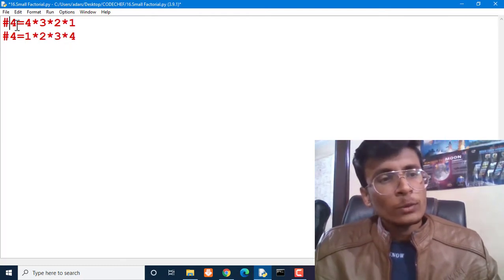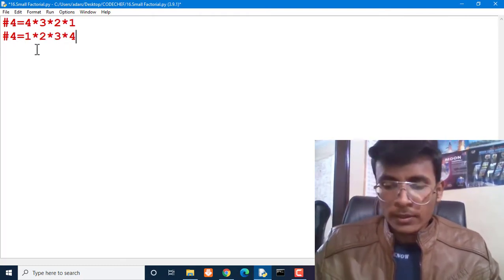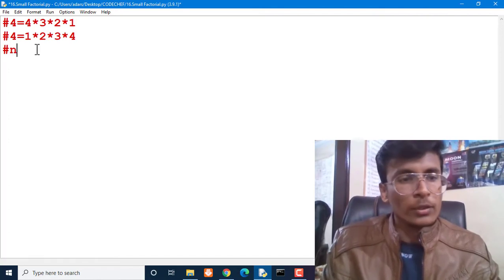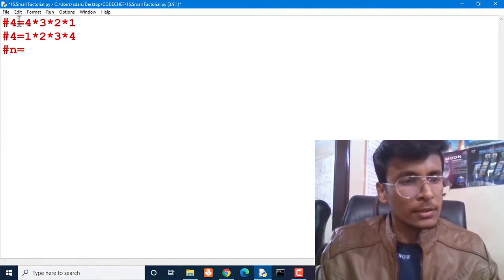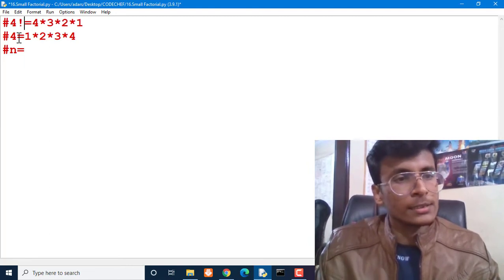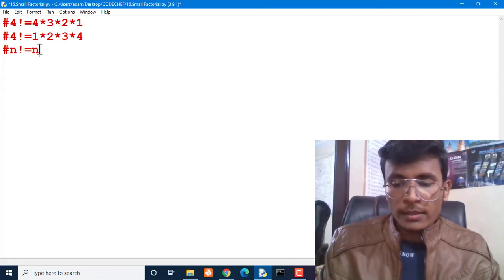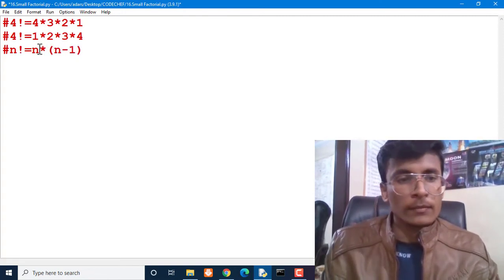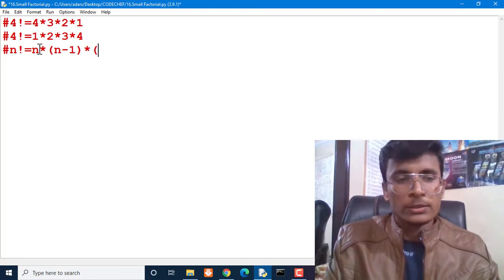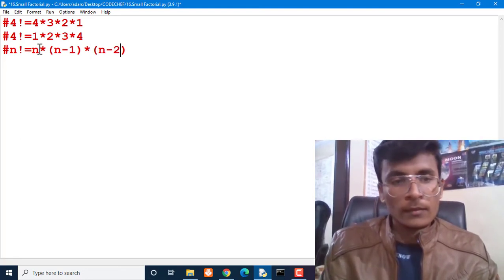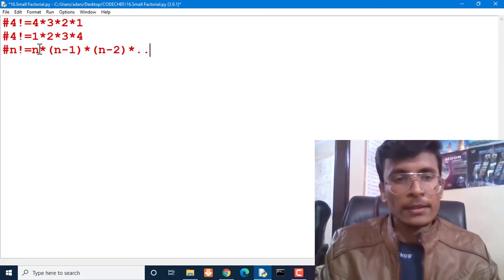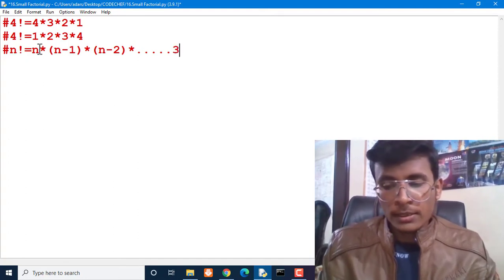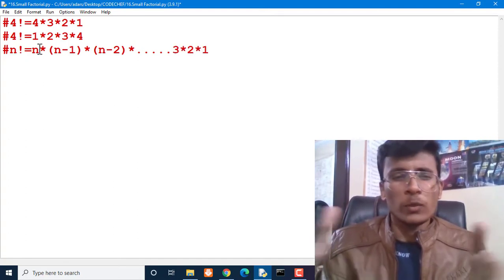So for any value n, the symbol of factorial is this exclamation mark, and n factorial is n into n minus 1 into n minus 2, and we multiply up to 3 into 2 into 1.